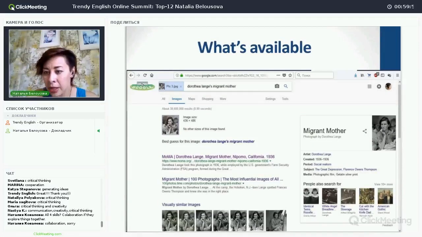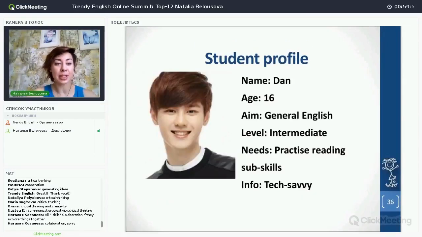So here's your new pet, right? I think it's important to look at student profiles because you always want to cater for their individual needs. Again, I'm going to repeat it again and again because it's important. So this is Dan, age 16, level intermediate, a bit lower. Again, general English, but he is thinking about taking the Unified State exam, or whatever you call it,